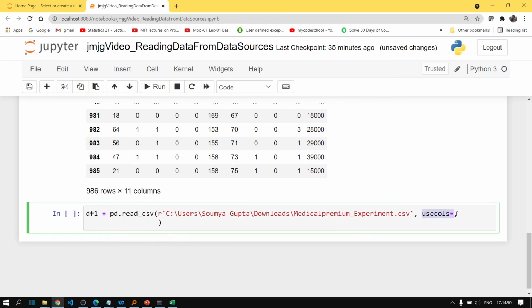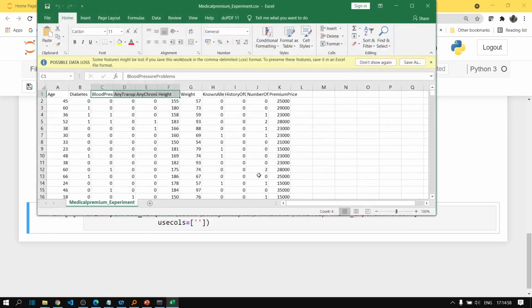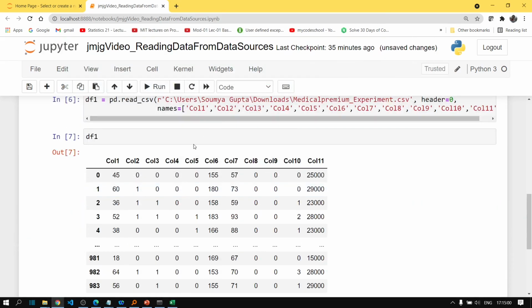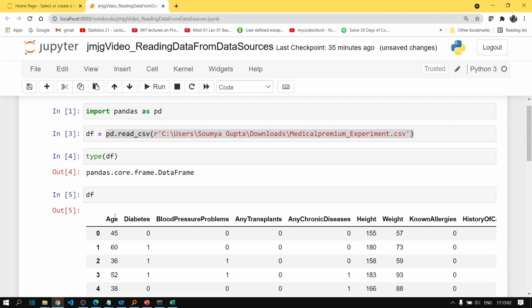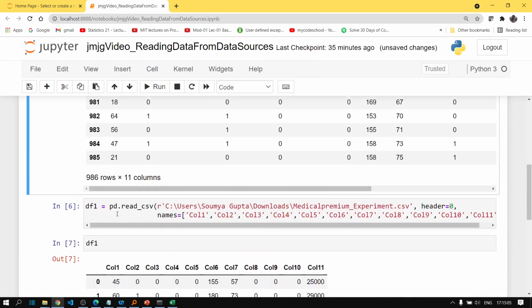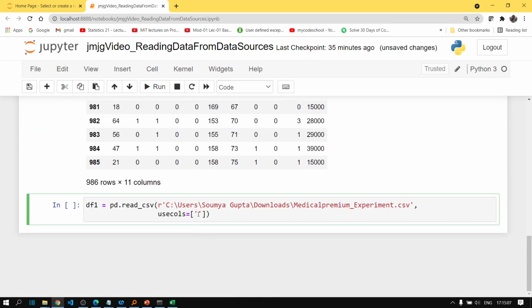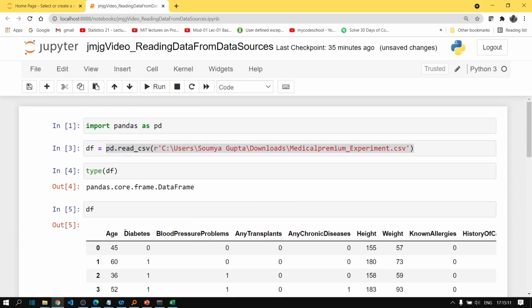So basically this is the thing you have to do. Let's take it to the next line. Create a list, and then you can also copy it from here. Age, then let's use only 3 columns.